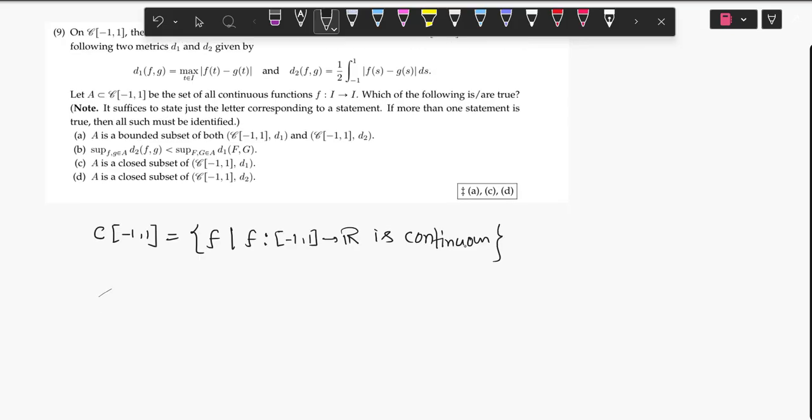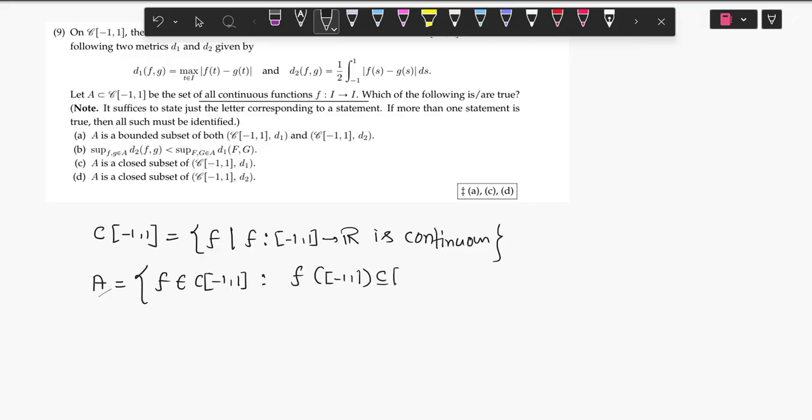दिस इज व्हाट C[-1,1] है। अब इसका एक सबसेट ले रहा है A, क्या ले रहा है, A subset of C[-1,1] such that set of all continuous function f from I to I। इसका मतलब all such f ले रहा है from C[-1,1] such that image of f, मतलब f of [-1,1], is a subset of [-1,1]। ठीक है, this is what A is। Now the options are given by A is bounded with both metrics।